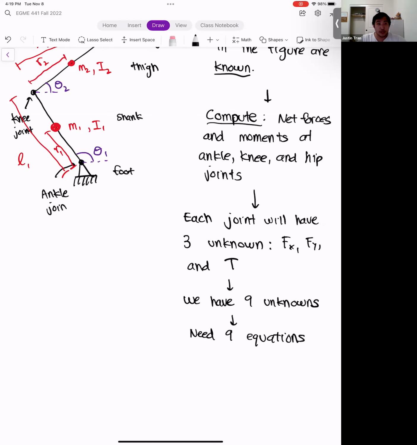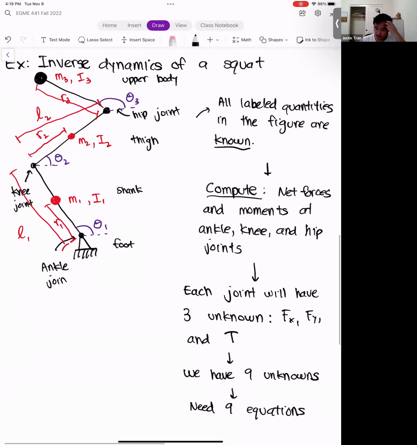All right, so it is a doozy. It's definitely a lot to compute. And so it's good to be organized and lay out what we need to do before that. All right. So before we start doing free body diagrams and stuff, are there any questions on just the setup for this example?